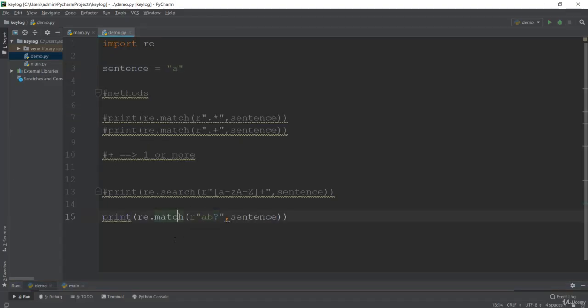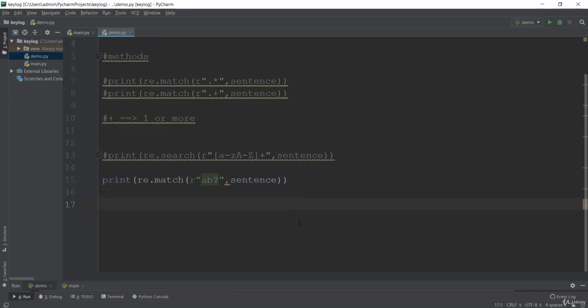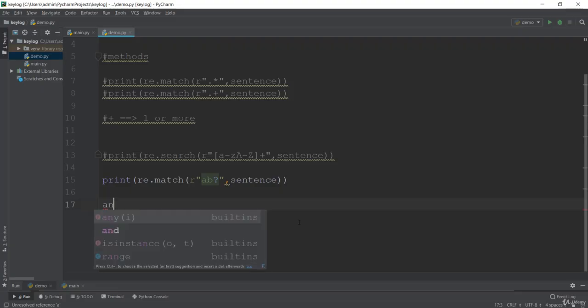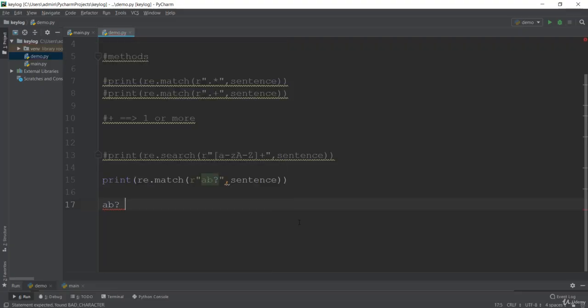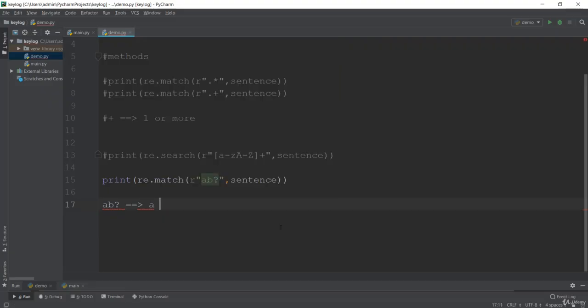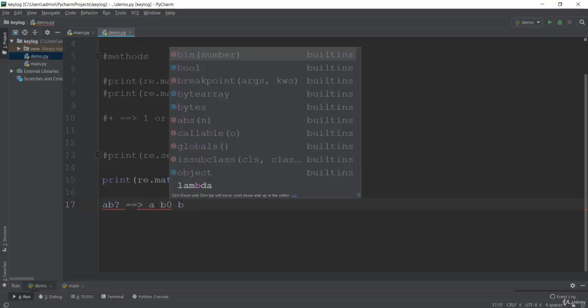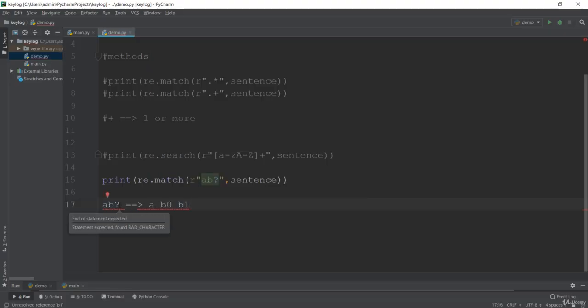What this pattern tells us is that you have to have one that is compulsory. A is compulsory. So let me type here AB and a question mark. What this pattern says is A is compulsory, there should be an A. But for this B, it can be 0 B or it can be 1 B. That is what this question mark is telling us.